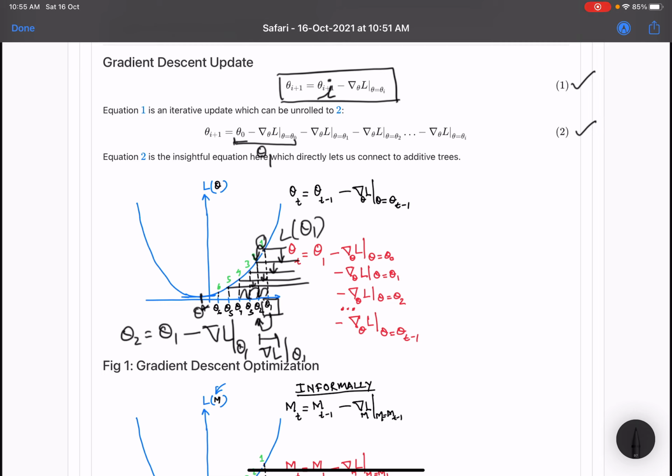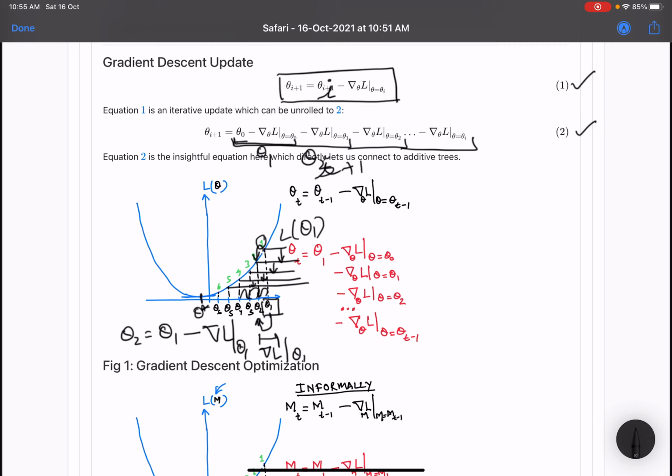Then you subtract the negative gradient of loss at theta 1 from theta 1, right? So this becomes your theta 2. Then you expand it, it becomes theta 3. Until the end it becomes theta i plus 1, right?